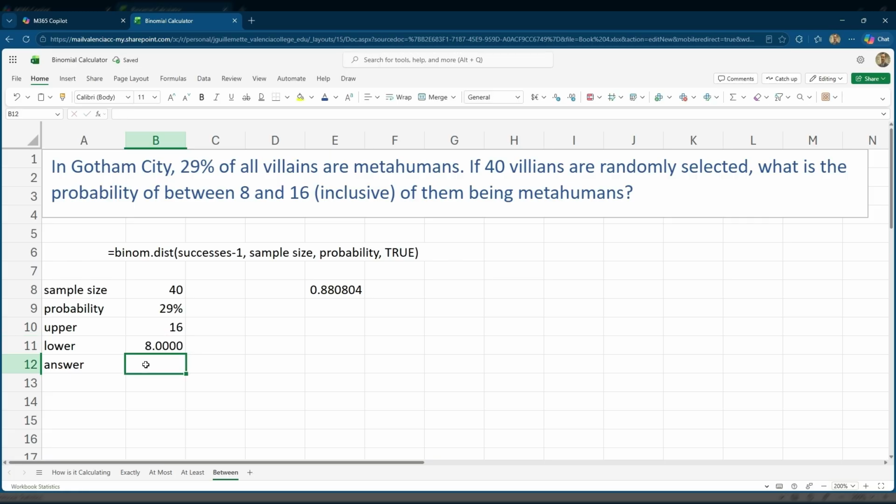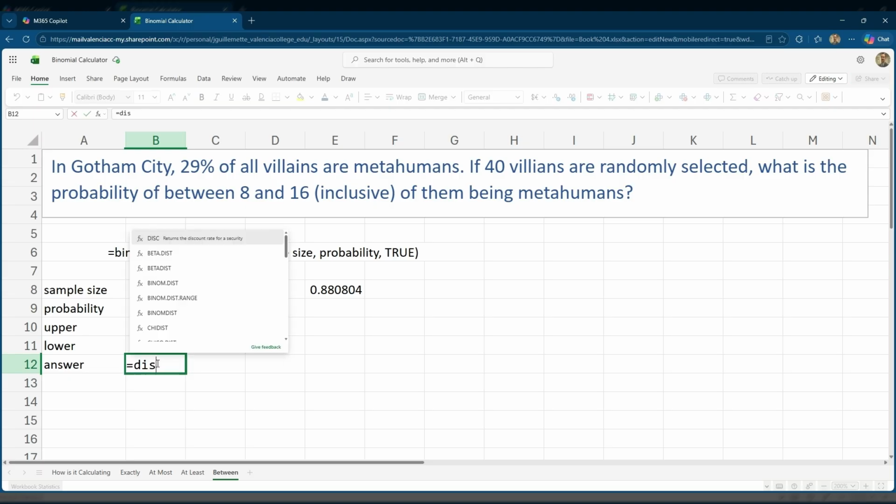And so my answer is I need to subtract these. I need to subtract the probability of this one from the probability of this one. Okay, so let's do that. Let's go ahead and do distribution. Oh, wait. Binomial. Right? We're going to do binomial distribution. I've got my